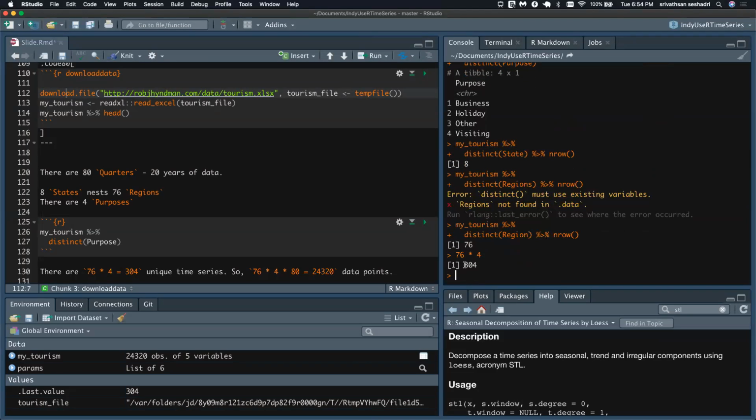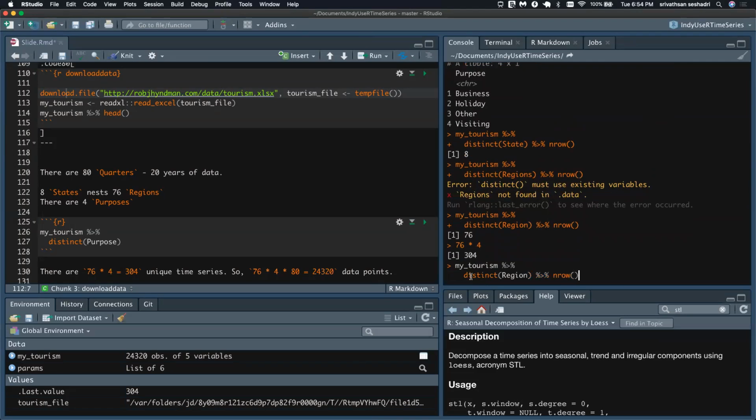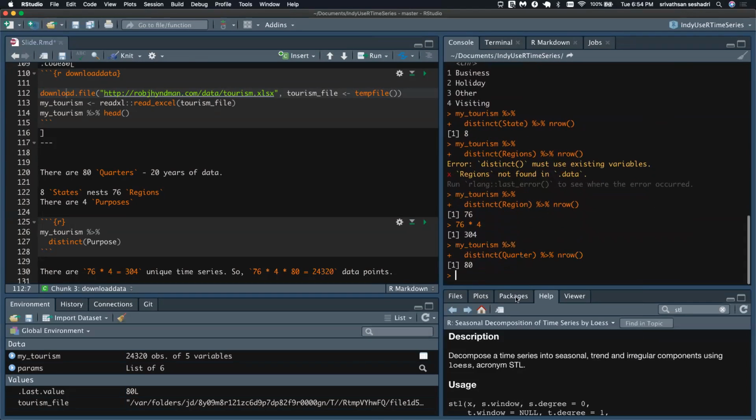I have 304 combinations of regions and purpose of travel, right? And likewise, I have 80 distinct quarters, which is 20 years of data.